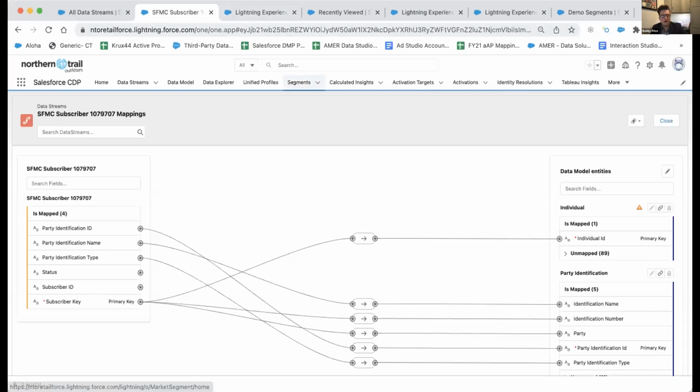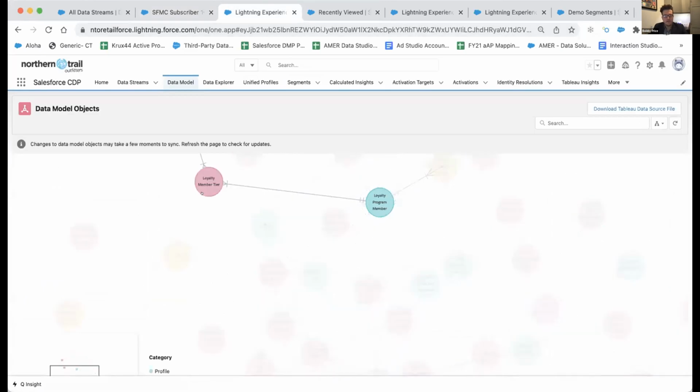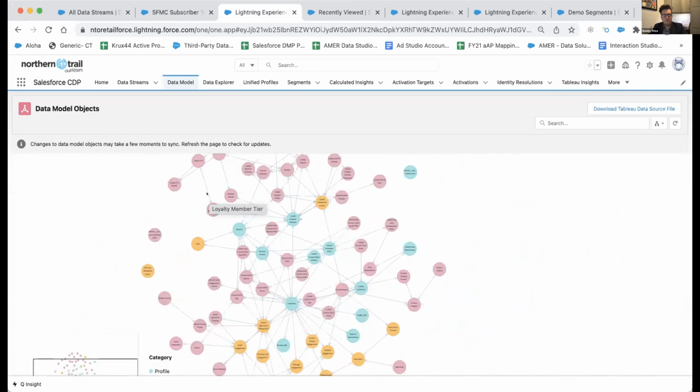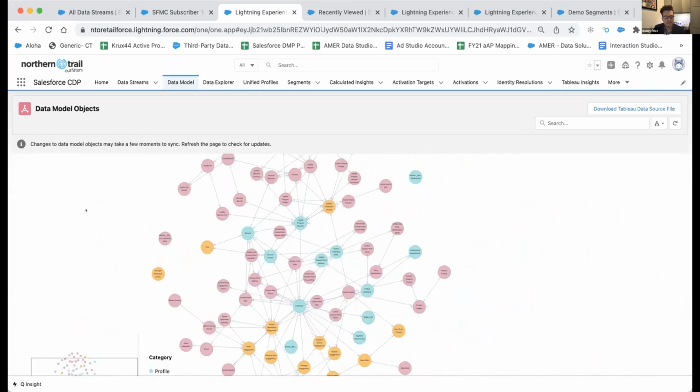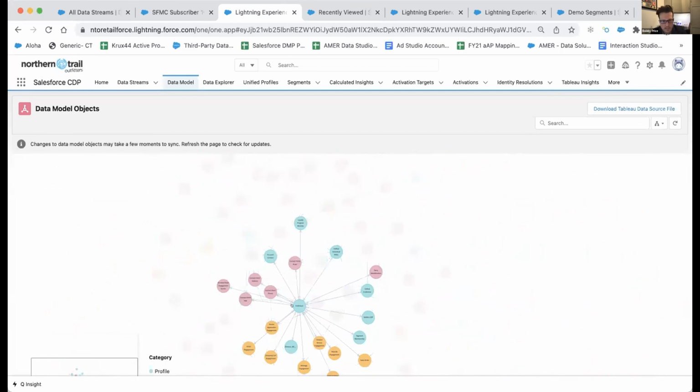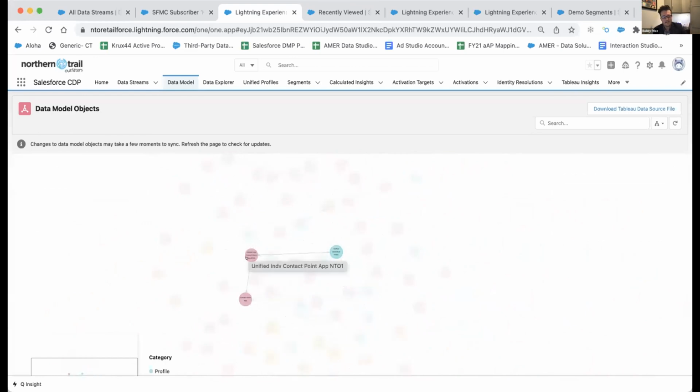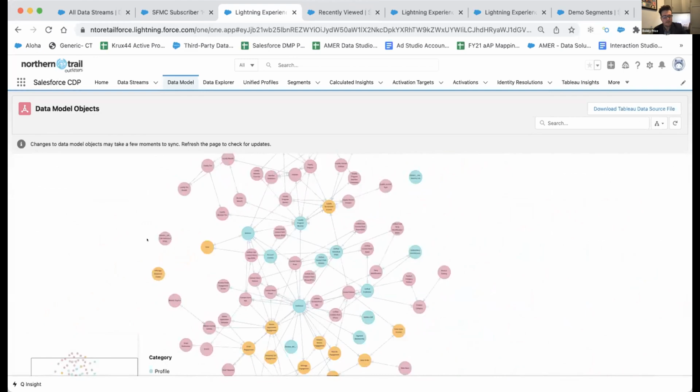Okay. So with that, once we know that the data has been ingested through the stream, it's been mapped properly, your goal here is to actually build what we're going to look at. If you can just slow this down. We're going to want to build a data model. So a lot of this seems really complicated, but if you're going through implementation, it really will make sense. What you want to do is have everything kind of lead back to the individual. And if it doesn't lead back to the individual, it should lead back to something that leads back to the individual. And this map here is the way that you make sure that you're keeping your data model really tight and compact and sorted out. So again, once the data has been brought in, it's mapped, it should look nice and pretty.